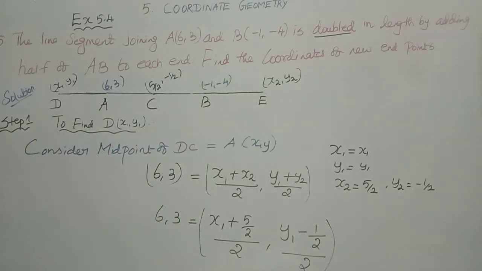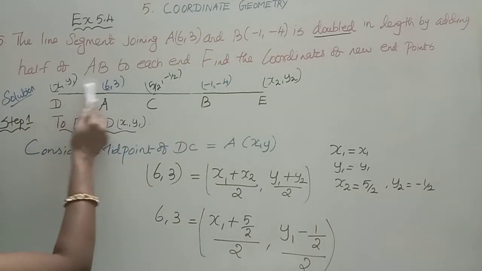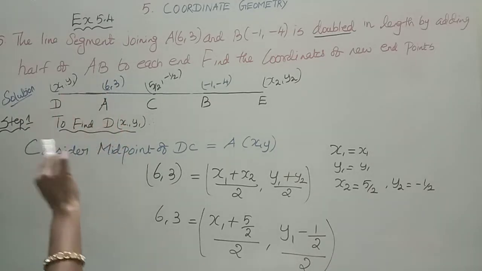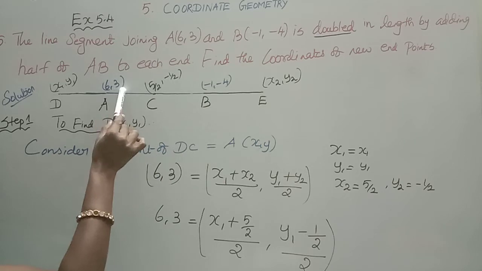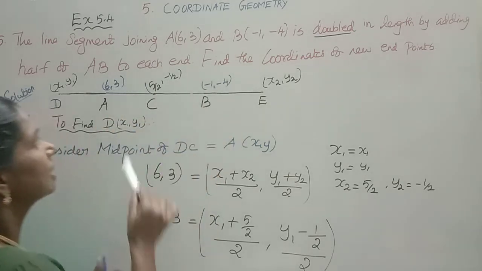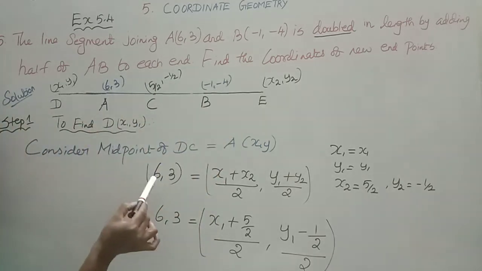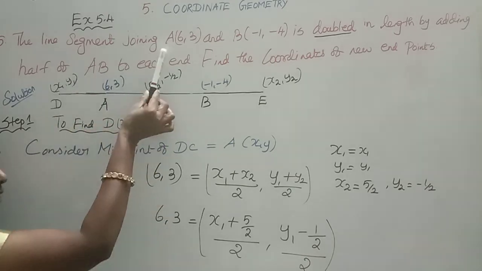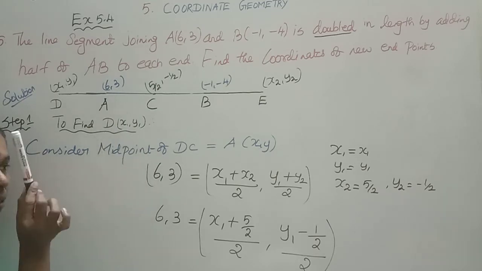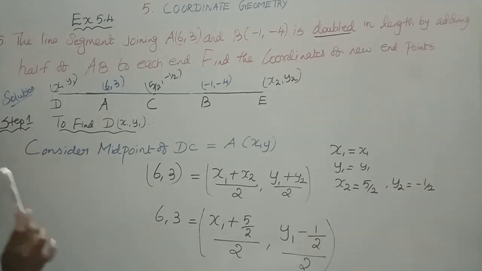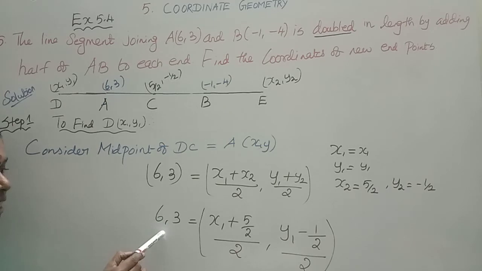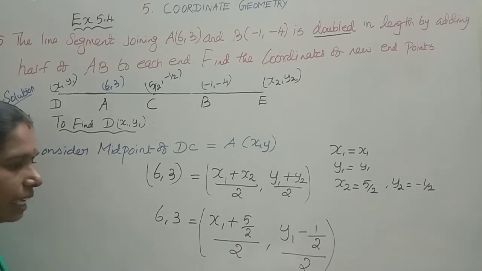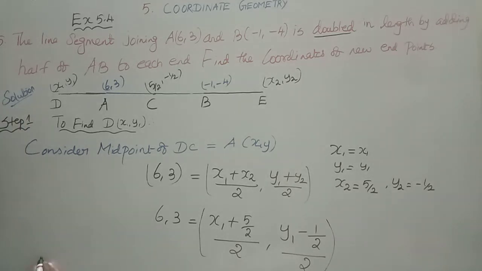Understand? Okay, now this is x1, y1 and this is x2, y2. In the beginning, to find the midpoint of AB, we took this as x1, y1 and x2, y2. Now we are taking this as the midpoint, and this value we are going to equate on this DC. In the line segment, we are only considering the line segment DC. Understand carefully, then only you can understand. So using 6, 3 as the midpoint, I am finding the coordinates of D. Now equating the x and y coordinates.